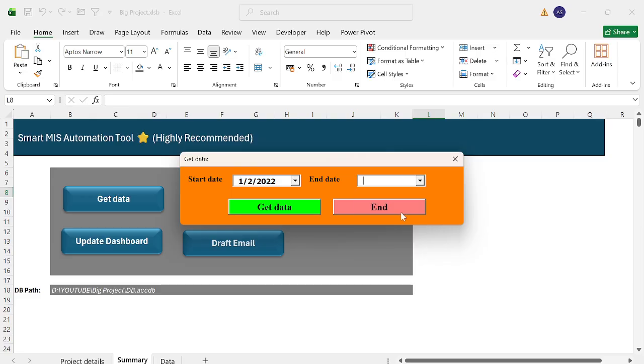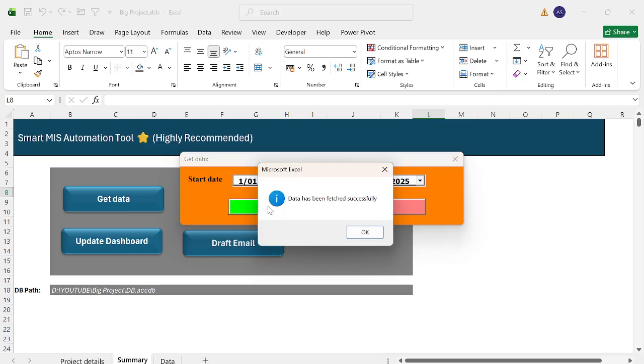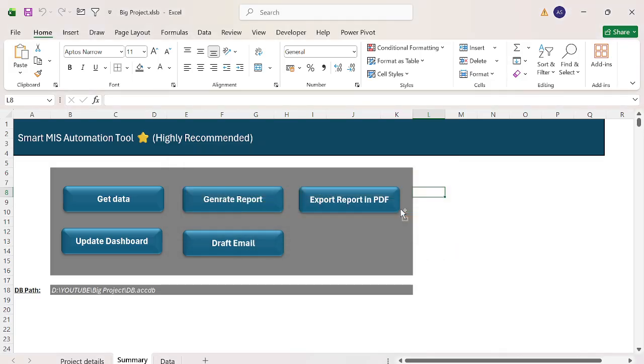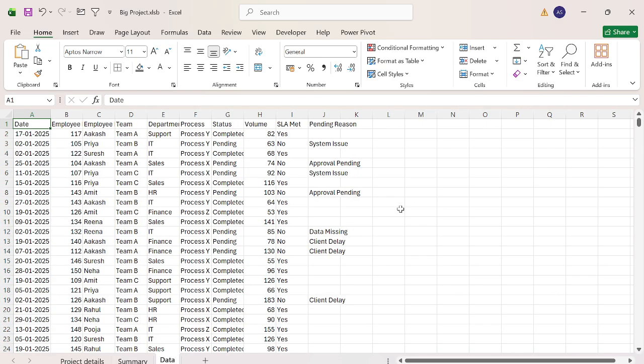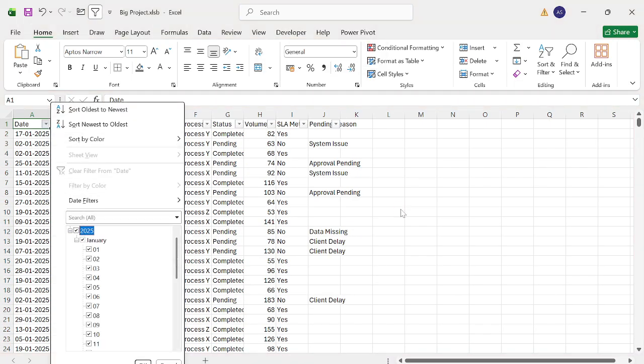Okay, choose it. Let's do 25, 25, 10, 1, 0, 1, and also make it 0. Get data. Data has been fetched. I don't see data. Oh god, yeah. Now we do have data. The problem was only that we were doing something wrong. So data we do have